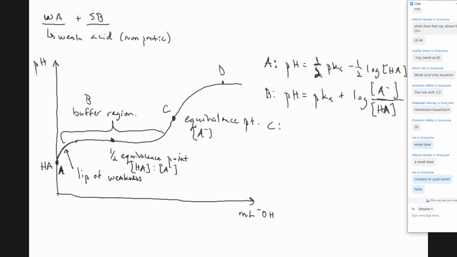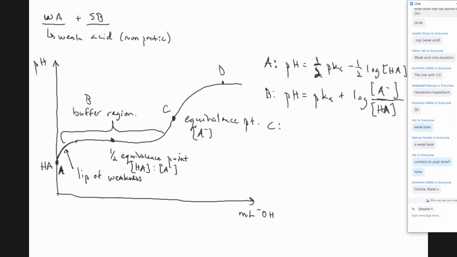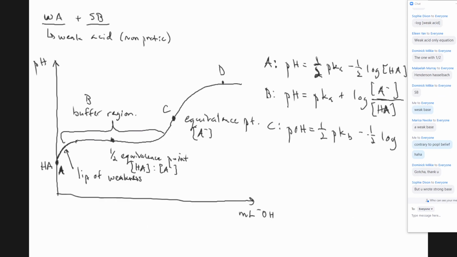Yes, contrary to popular belief. Everyone always thinks that it, yeah. So be careful, because if you use a strong base, then you want to use pOH is equal to negative log of OH, right? If you're saying it's a strong base. But if it's a weak base, then we got to use the weak base equation. The other 1/2 equation. 1/2 pKb minus 1/2 log of your,